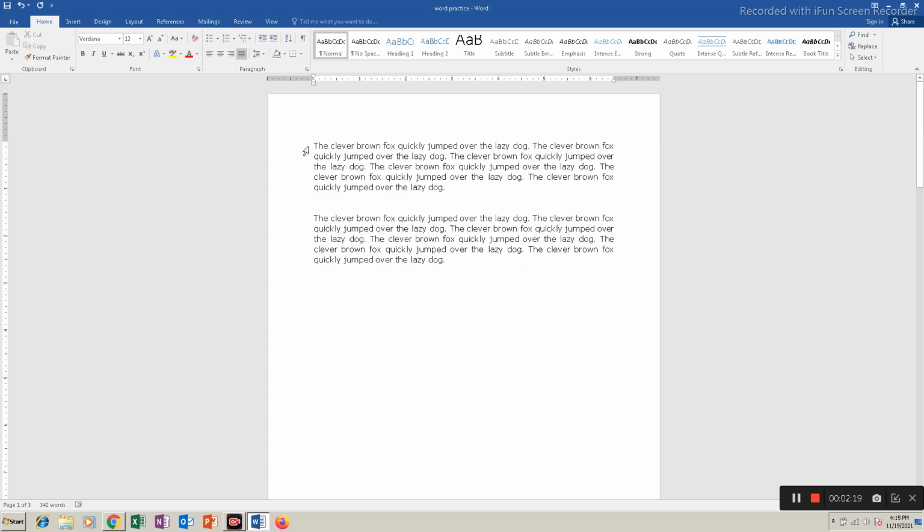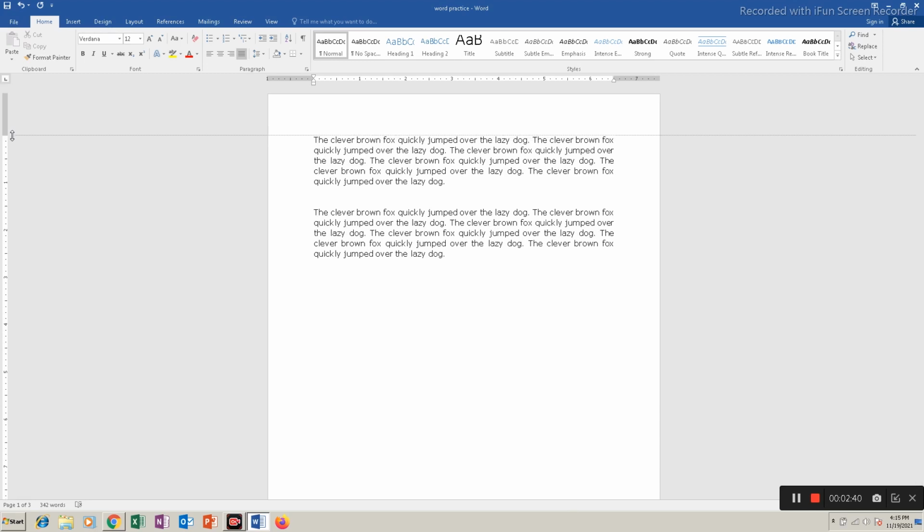Now setting the margin depends upon the size of the paper, so you have to check the size and you have to see how much margin you can leave on the top, left, right, bottom. It's up to you. Similarly, if you want to change the margin, you can also directly change it by pointing your mouse pointer and then dragging it.